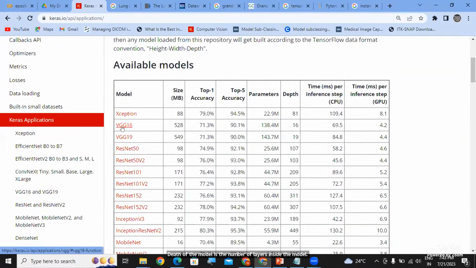So today I'm going to teach about a basic model, that is VGG16. I worked on VGG16, I worked on ResNet 50, ResNet 50 V2, that is what I worked on. The difference is, if you can see these numbers beside the model, that is the number of layers inside your